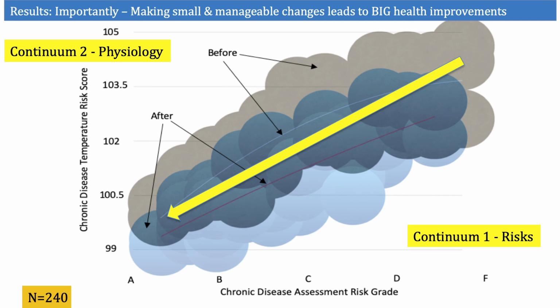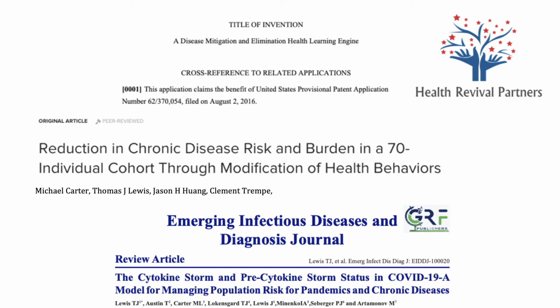So this is a process that we have in practice, and we're publishing evidence-based papers on these topics. Here's some of our publications. So the first one's our patent that explains how we derived the chronic disease temperature single blood biomarker score based on looking at the details of when a biomarker shows an increase in early mortality in peer-reviewed papers. And usually multiple papers are used to determine our normal versus abnormal value.